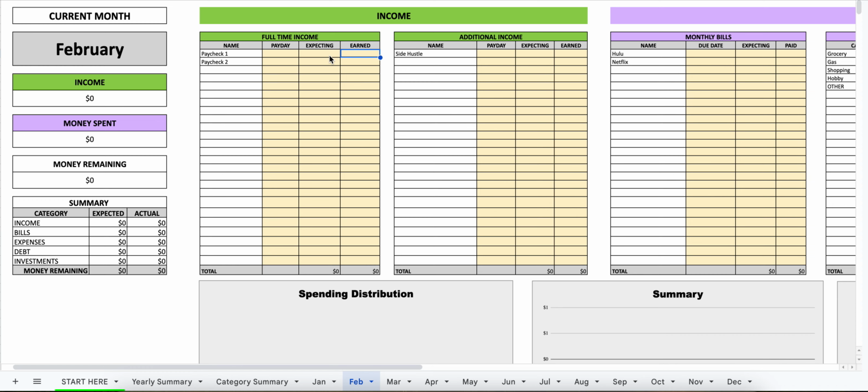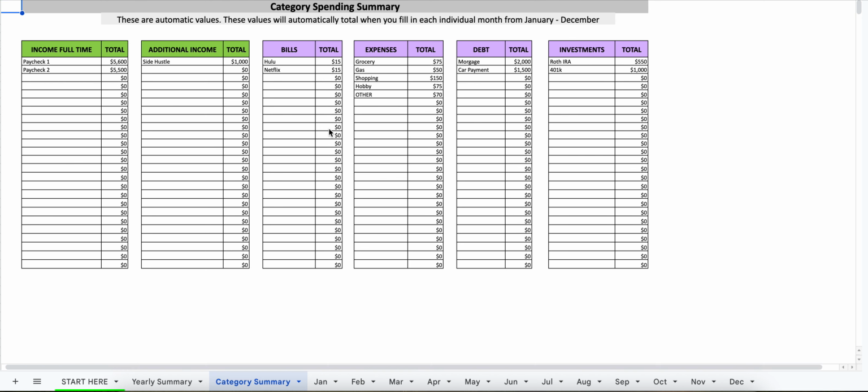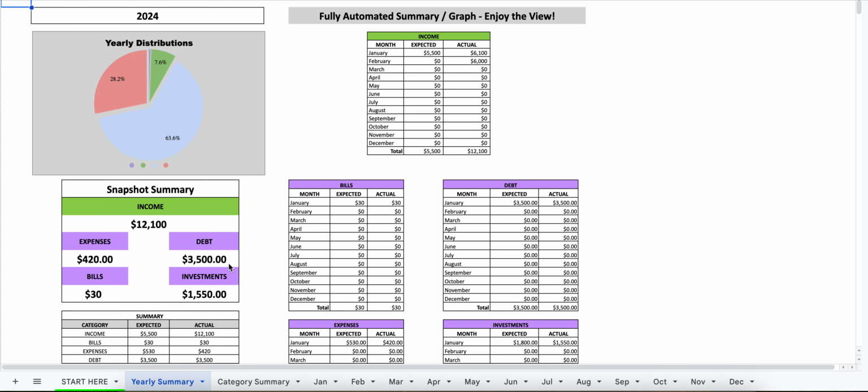Let's say you earned $3,000 this month, $3,000 this month. Now your category spending is going to go up right here. Your income full time is going to go up right there. This category spending summary gives you a quick overview for that year of how you're doing on your spending. Jumping over to our yearly summary, also a nice distribution here,